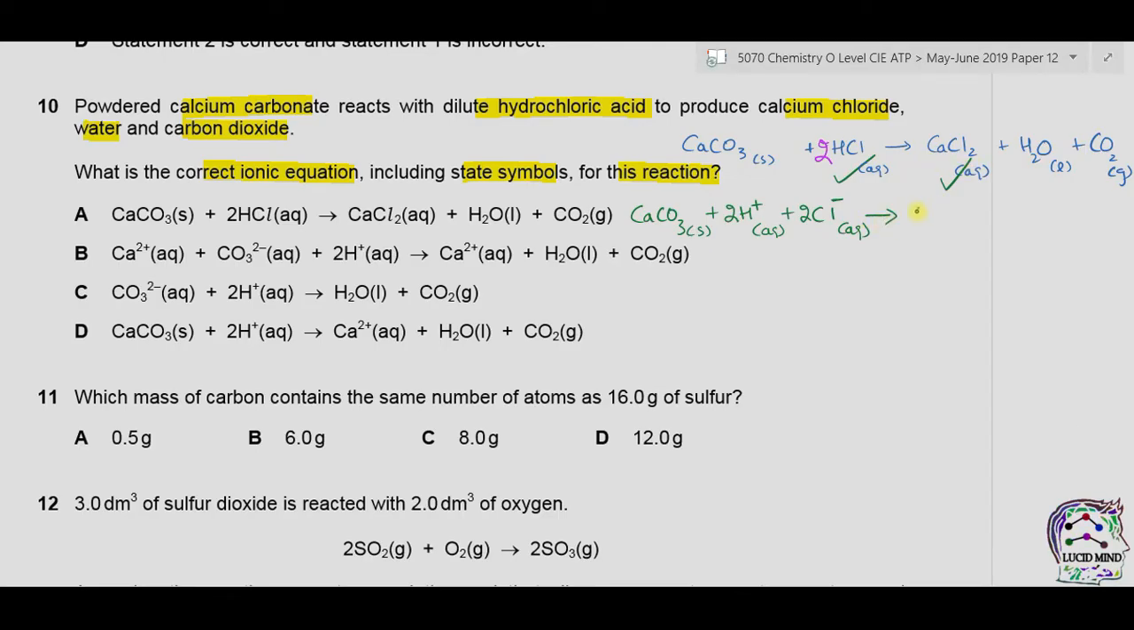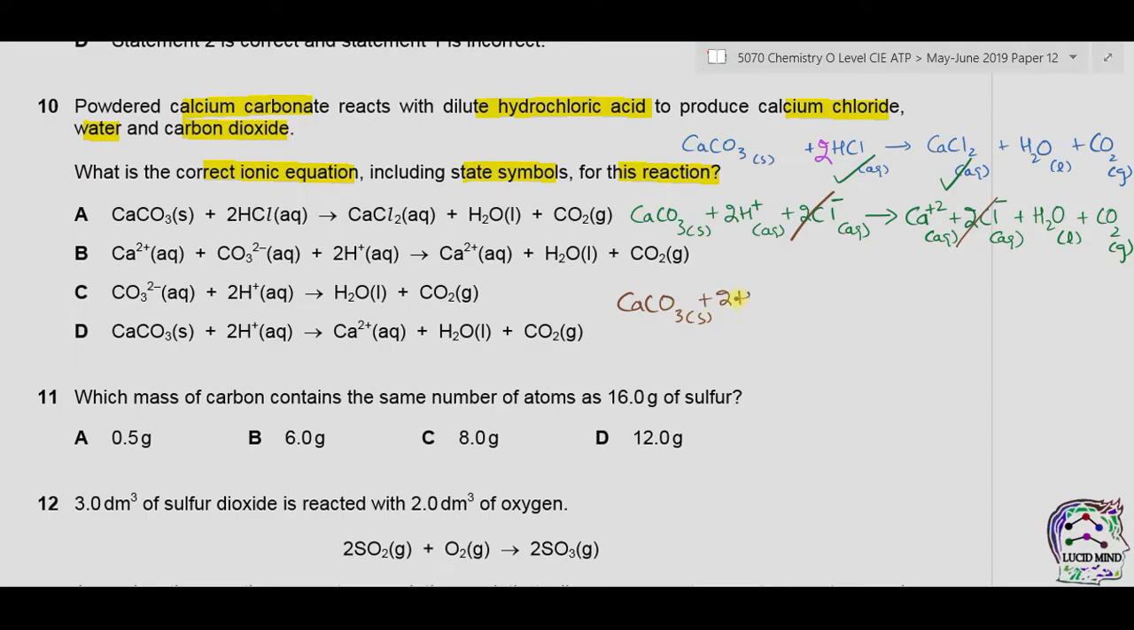Again, calcium chloride is written in the form of ions, which is calcium plus 2 aqueous, and as there are 2 chlorines, so 2 chloride ions will be formed. Water and carbon dioxide will be written as it is. Now let's find out the spectator ions, which are the ones that are present both on the reactant and product side unchanged. Now writing the ones that are left behind, we have calcium carbonate solid